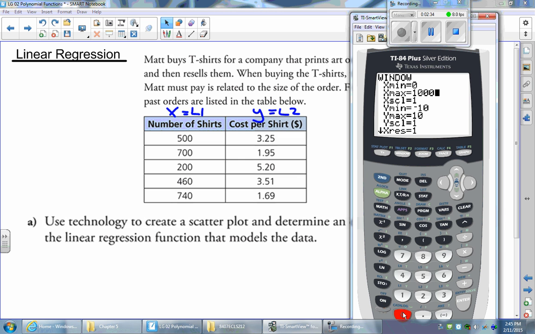Then we have to look at our Y values. Our Y represents the cost per shirt. Now, it wouldn't make sense to have a cost under $0, so we can put 0 as our minimum. And for our maximum, I'm seeing numbers from $1.69 to $5.20, so $10 seems like an appropriate maximum cost for the t-shirts. Now you're going to press graph, and as you can see,